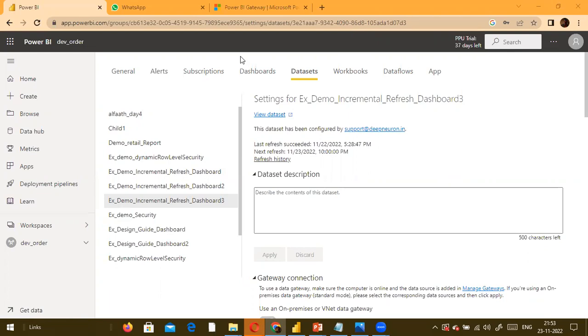Now you understood what is data gateway, what is incremental refresh, what is one-time data load, what is incremental load, and how to configure it, where to configure it. If you know this much, this is more than sufficient. And also in the past session, we discussed static row level security and dynamic row level security, how to configure it. That's it. Even those things will be done by admin guys. The reason